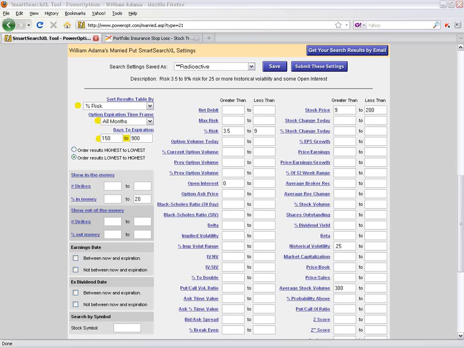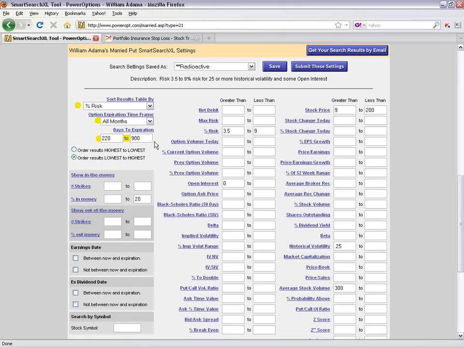As you continue to trade or you continue to research potential RPMs, you might feel more confident going 250 days out in time. You might feel comfortable going at least 8 months out in time, for example. And you can change that simply by adjusting your days to expiration. So I might change this to 220 to 900 days, for example. To answer your question, basically, John, start off with at least 150 days out in time, at least 5 months